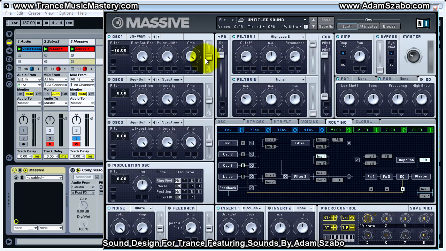One thing I need to do actually is, the way we have the routing set right now, I need to have oscillator 1 routed directly into filter 1. Right now it's actually going from filter 1, it's also going into filter 2. So I need to set this fader to filter 1. So now the output of oscillator 1 will go directly into filter 1, and that's the only oscillator we have. So now